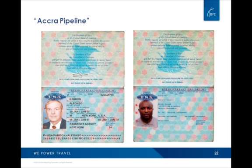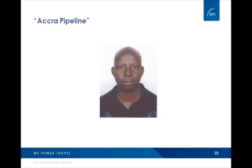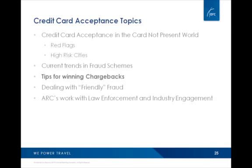If you need help validating a passport, driver's license, or ID, a tool is available called the ID Checking Guide. If you're suspicious, you can always call the ARC Fraud Prevention Team and they'll help you with this. I am running out of time, so I'm going to skip ahead. This is the guy we caught as part of the Accra Pipeline case. Other schemes, because I think this is really important,